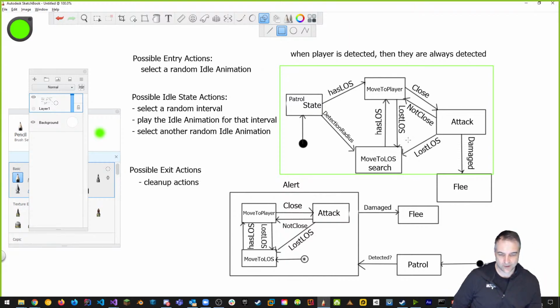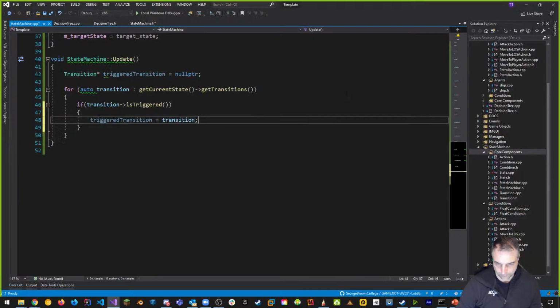And depending on how I load the transitions, if I do a transition, I want to do the first transition that changes something, right? So I can't do both. I can only have one state at a time. I can't do both states. So it's the first state that I'm going to do. So if this transition is triggered, then I want to break out of the loop for every